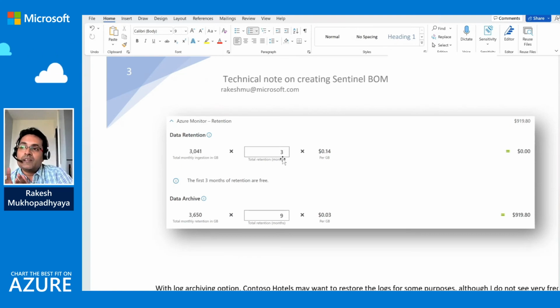And then the customer still has a use case, some compliance use case, that they want to store 7 years of log or 10 years of log as cold log. Those logs will not be accessed very frequently, but they still need to retain those logs for compliance purpose.